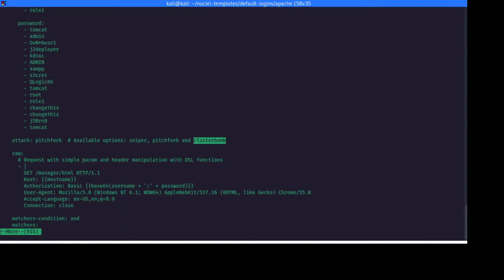The good thing about this, which I like the most about Nuclei, is that I can write my own raw request. For example, if my application has a specific type of request that I can see, but my tool is unable to work in that scenario, or it is giving me some sort of false positive or false negative.